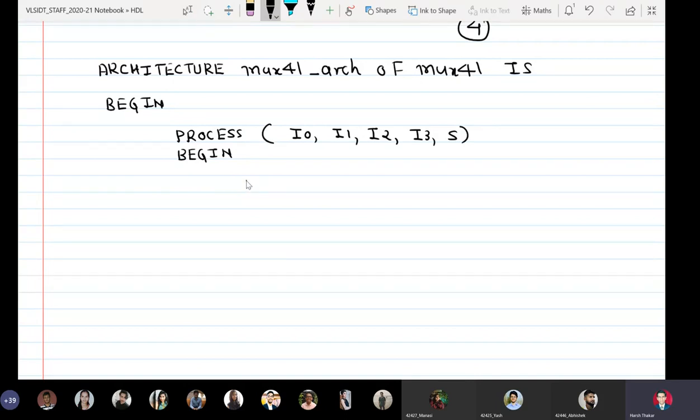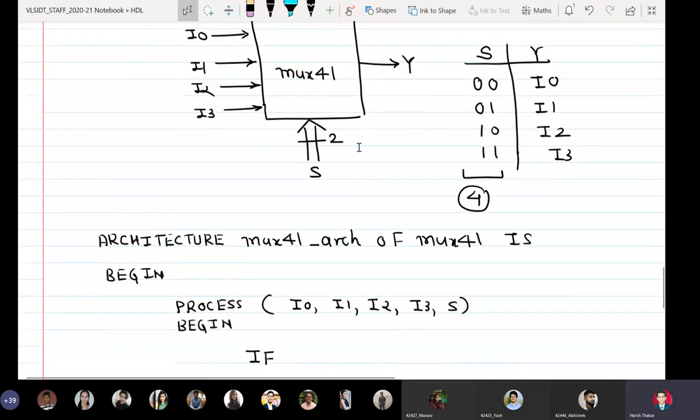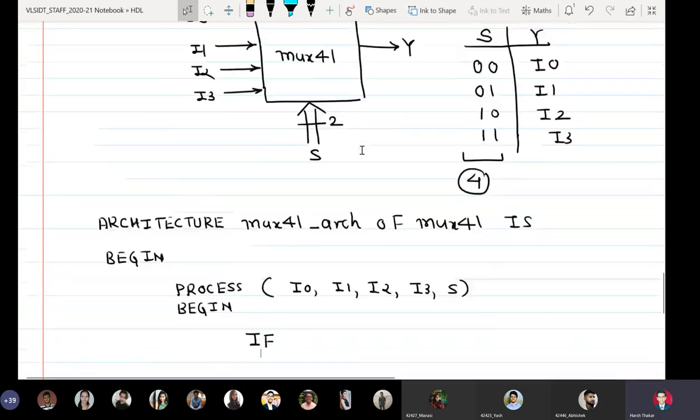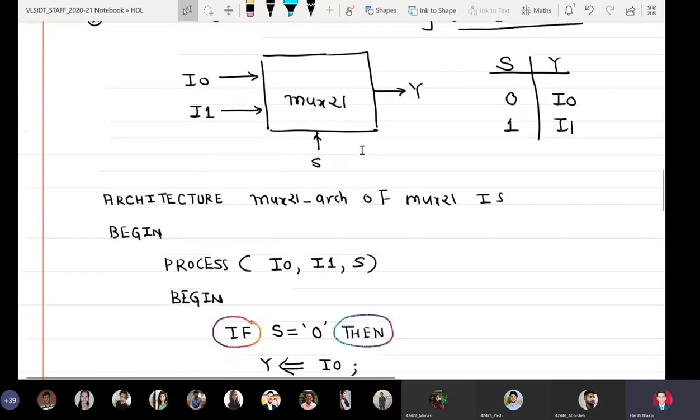We will say if. Now I would like to bring to your notice that now there are 2 select lines, but these select lines are expressed as a 2-bit bus. So S is now not a 1-bit signal, it is a 2-bit signal. Earlier we had written S equal to single tick 0 because S was a 1-bit signal.